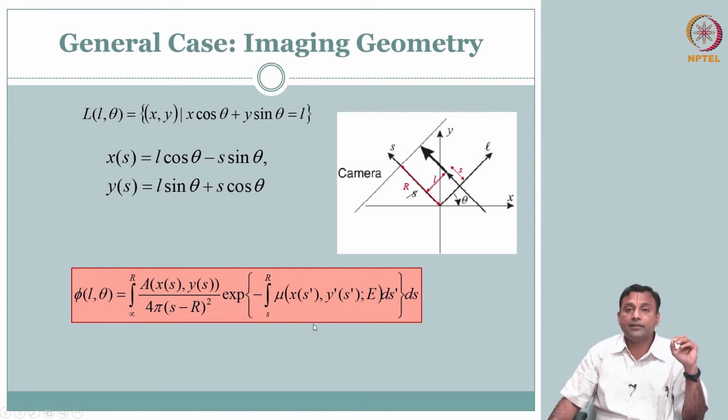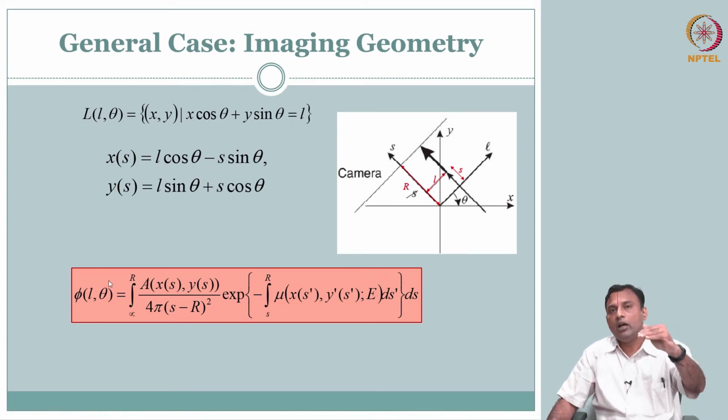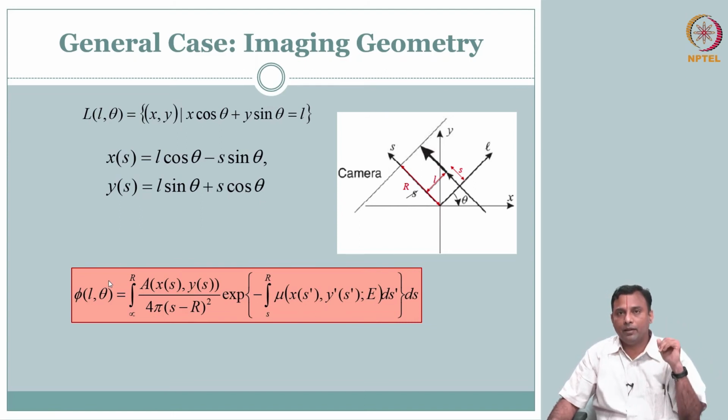Okay, fantastic. This is my data that I am recording. What is your known? What is your unknown? Oh, this I can get. Rest of it, R and all, is fine. But the problem is I have to go after this guy. This is what we want to find: the radioactivity along the line or along the slice. But what else do you have? You also have another variable, which is your mu.